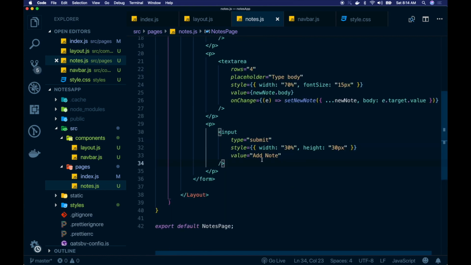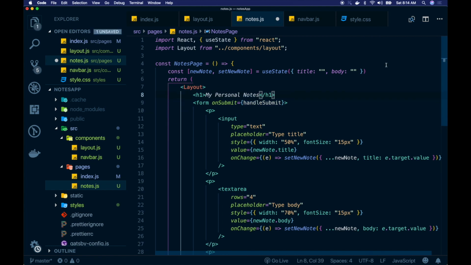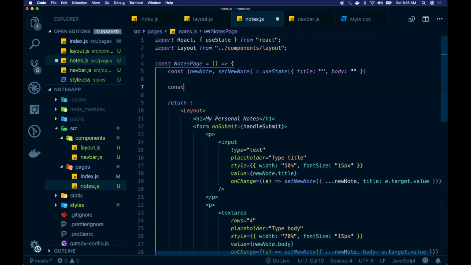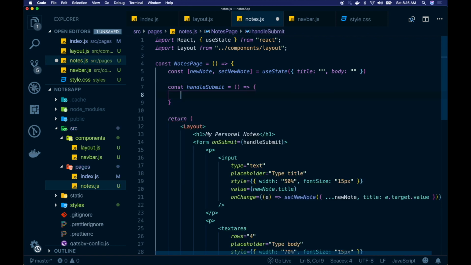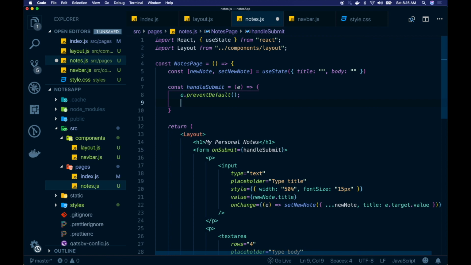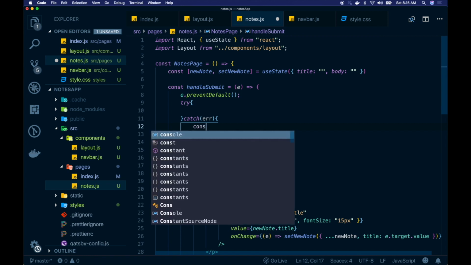So when you do the submission, it's gonna go ahead and call upon the handleSubmit function. So let's create that function. Outside, just type const handleSubmit, and let's create a small function. It's accepting the event. First I will prevent defaults. Then we can try catch any errors, console.log